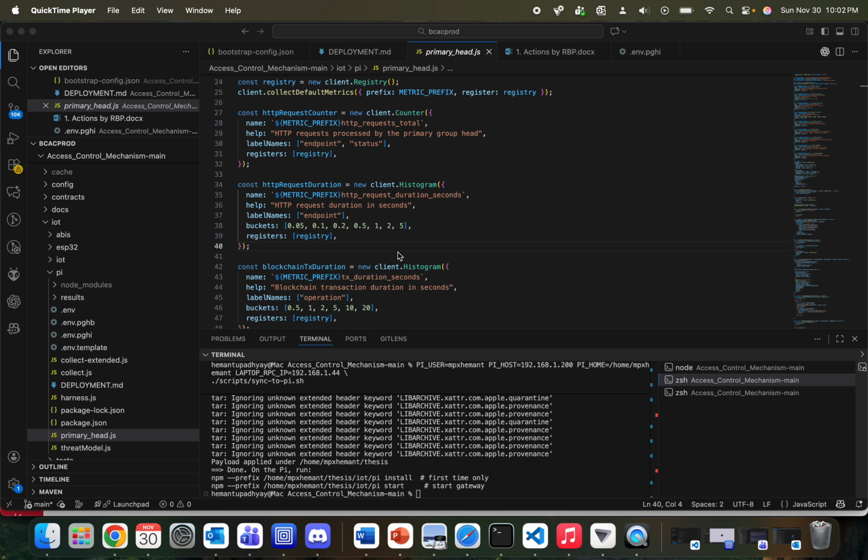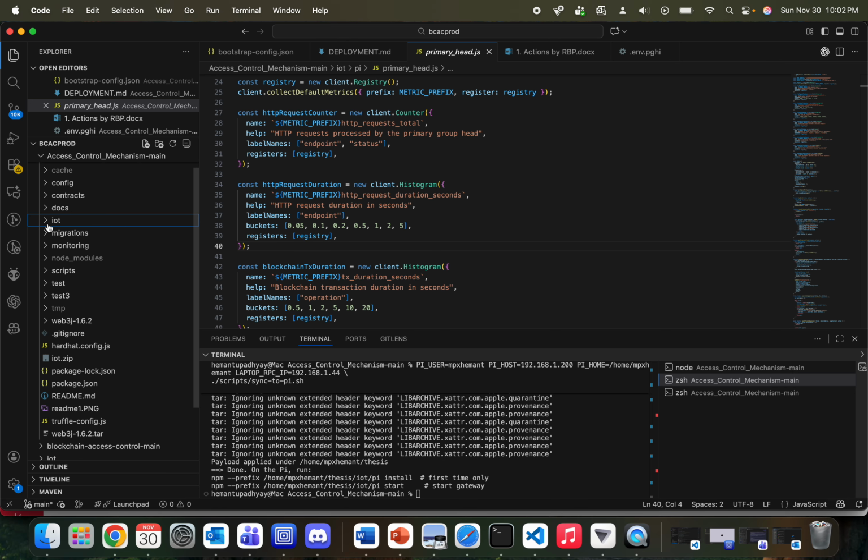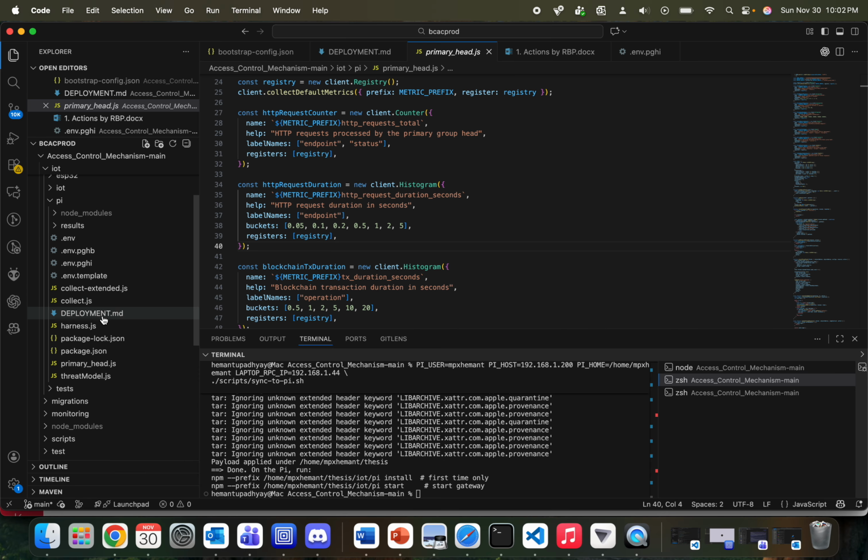Hey everyone, this is the first part of the demonstration of my thesis project. Here on the left side we have a set of code under IoT, and there is